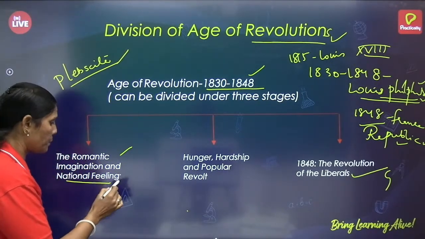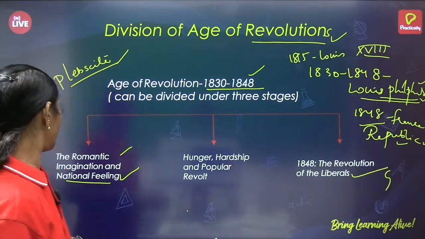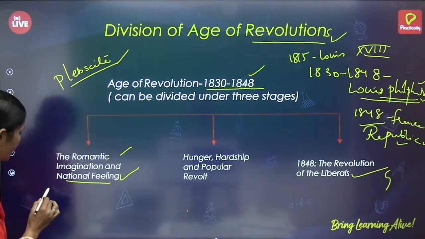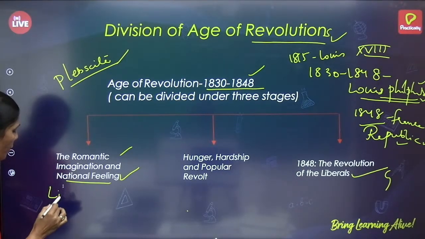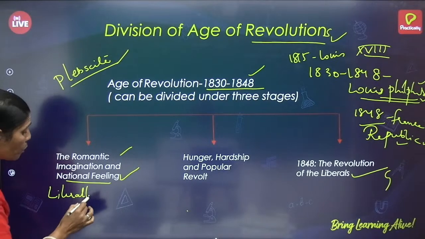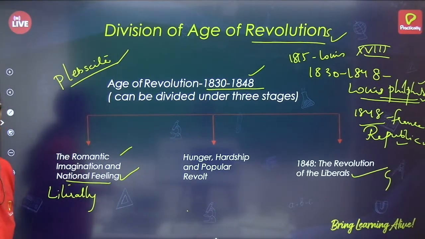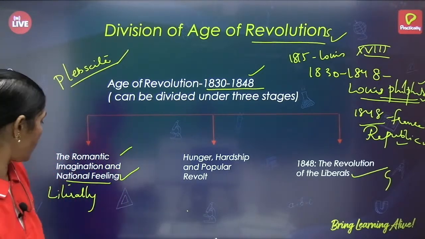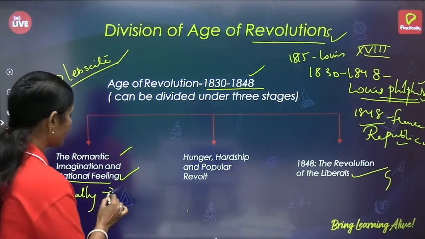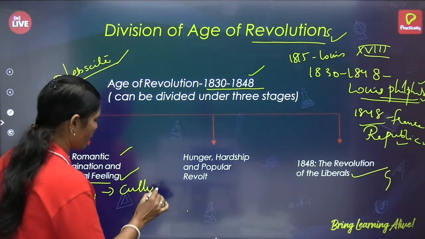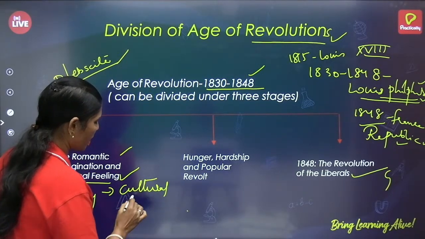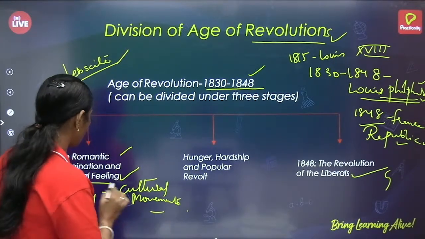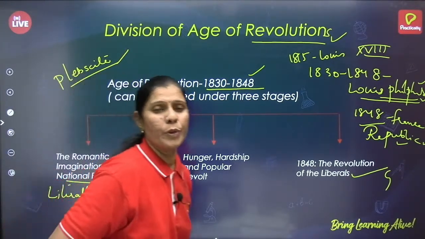feelings. One important thing about romanticism is that it is also a literary movement, we can say. As per English literature, we can say it's a literary movement, but as per our content, we can say it's a cultural movement. Romanticism was a cultural movement which inspired nationalist feelings in the people. During this